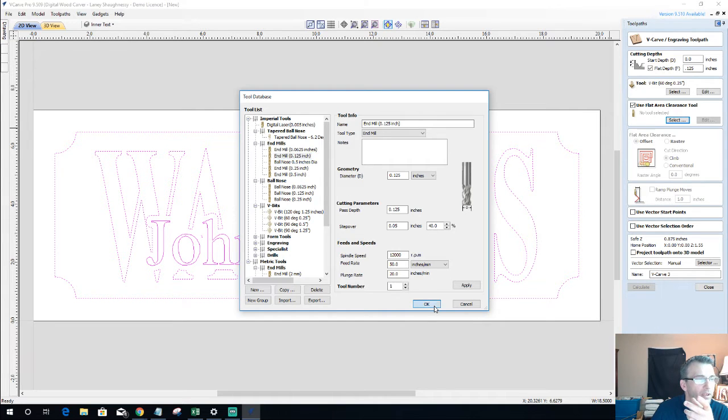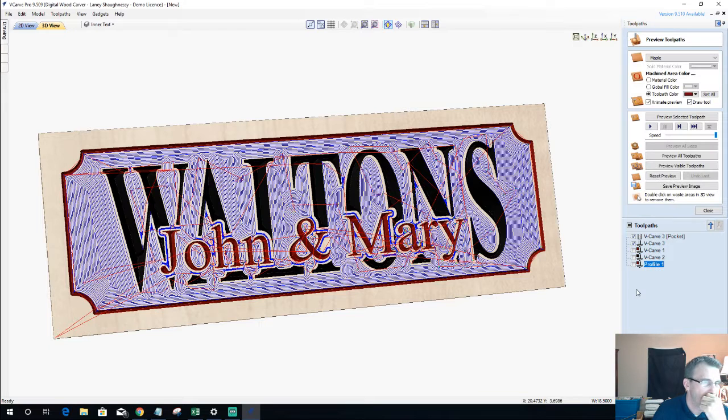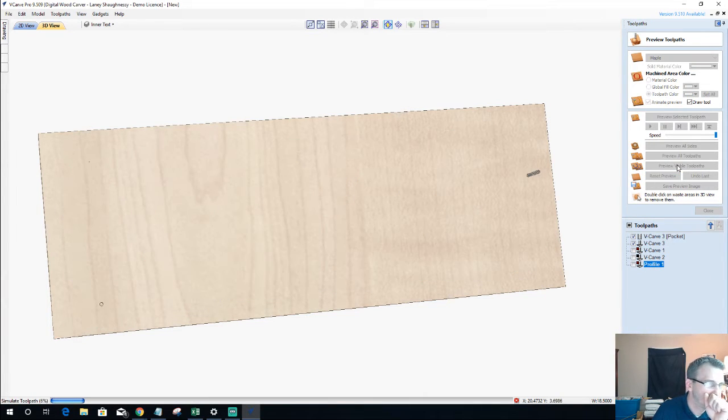And the reason why I want to use a 1/8 inch end mill is because I want that end mill to flatten out these areas to the best of its ability. So we're going to go ahead with that 1/8 inch end mill, and I want to calculate this toolpath. And if we preview the visible toolpath,